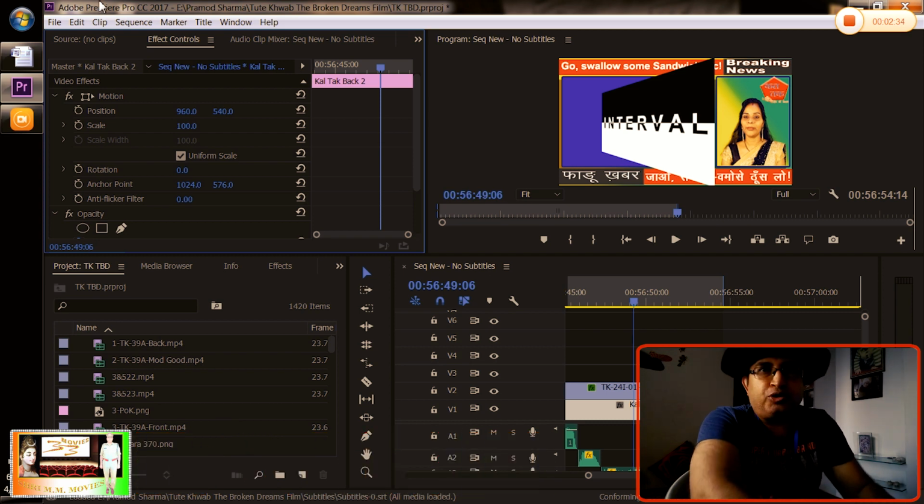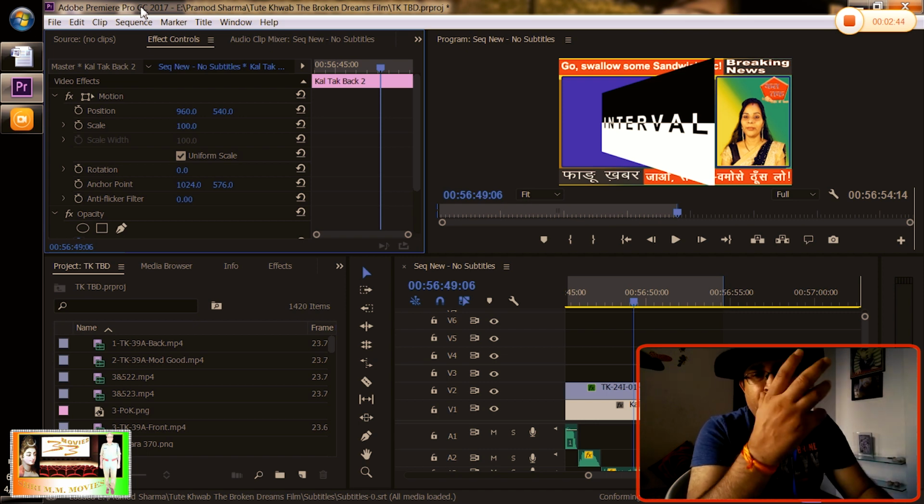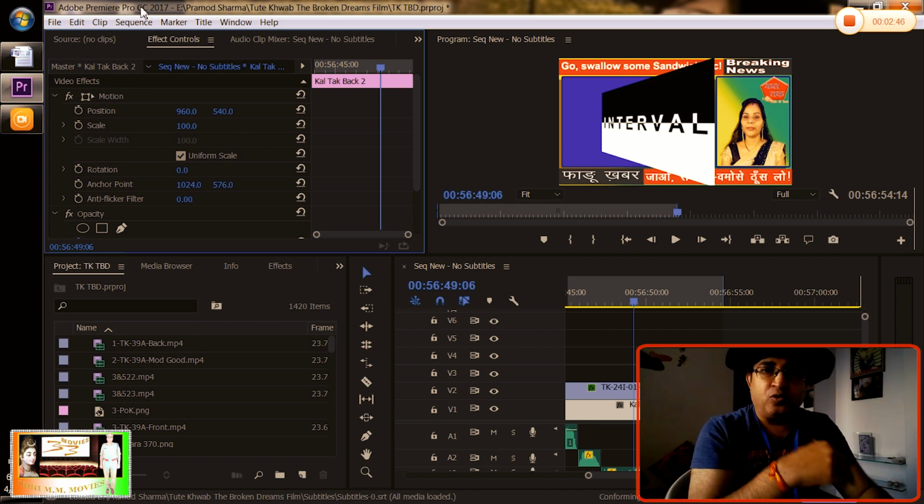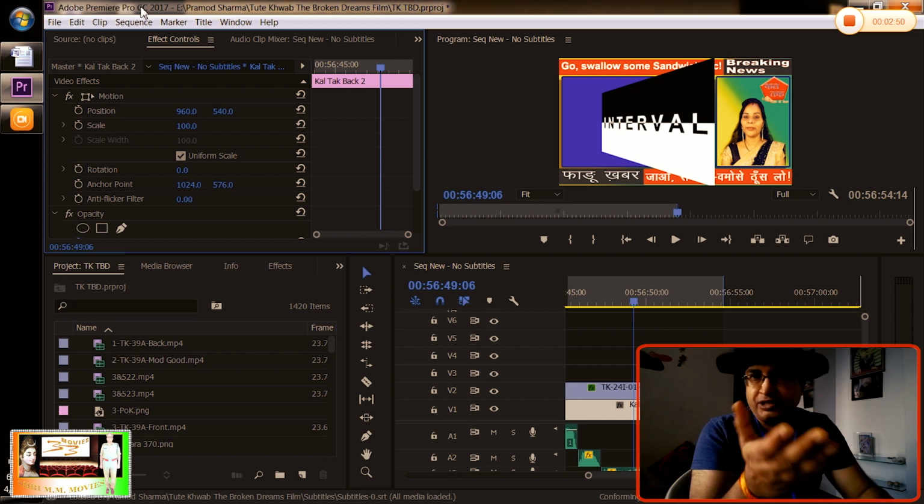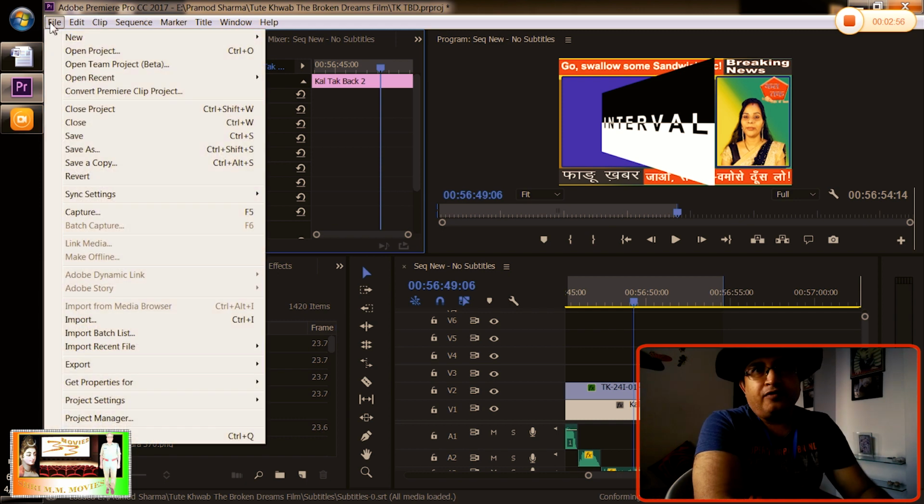Okay, so your editing is done. Now it's time to export your file. When I say export a file, it means that from your editor you will take a final file which can go to theaters in our case, or which can go to television, or to a computer or wherever. So export means that we'll go to the File menu,